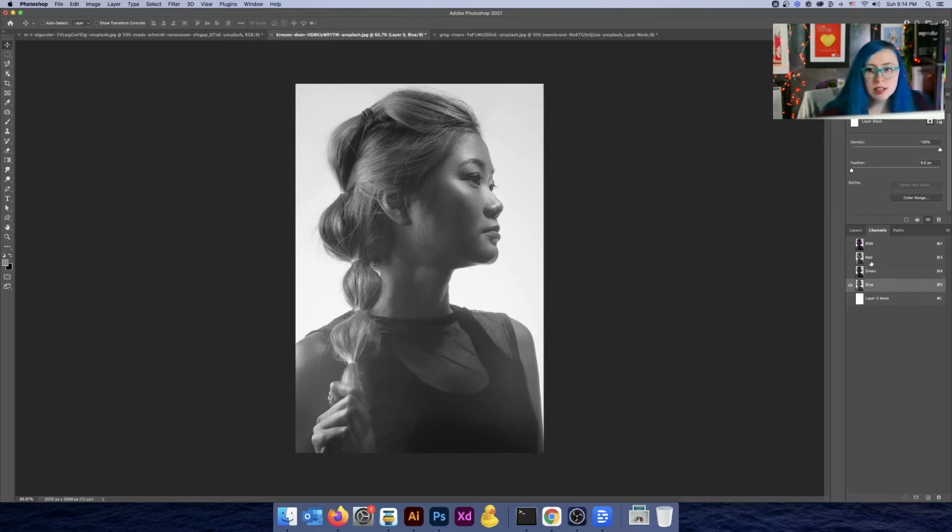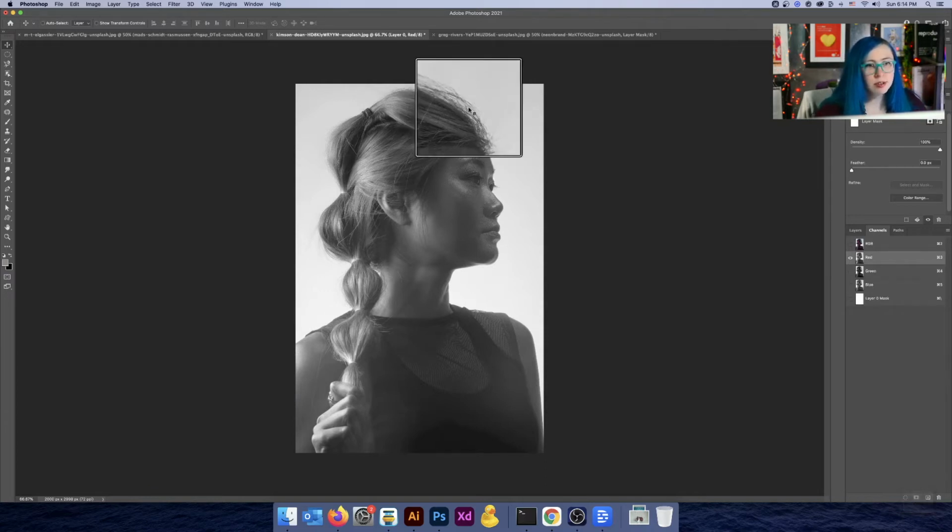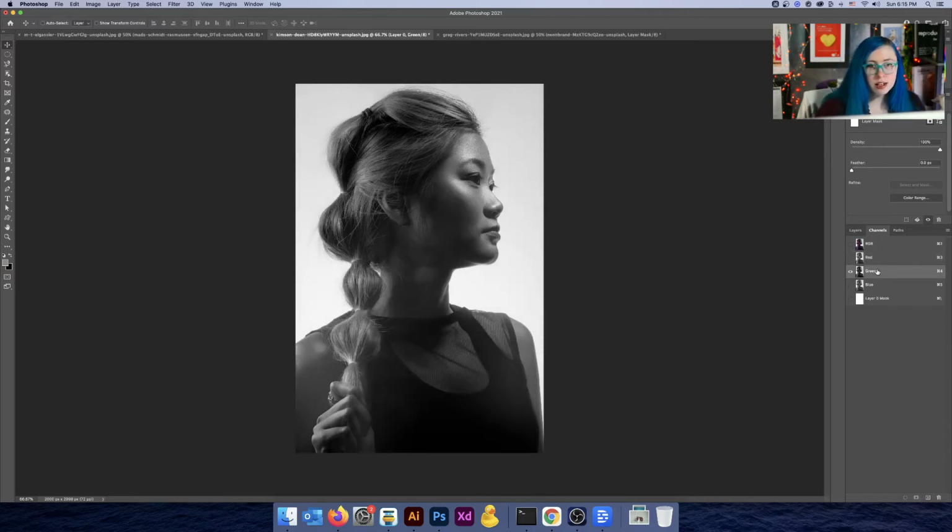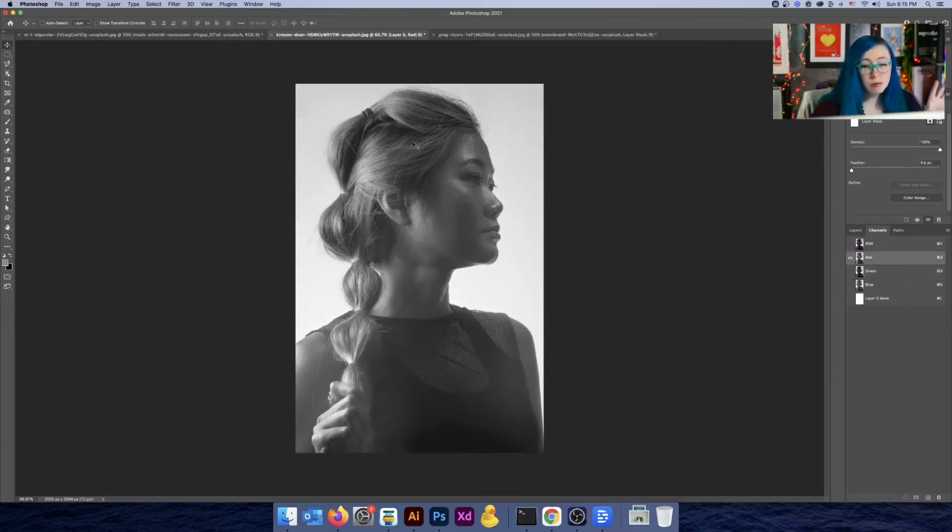When I take a look at this, I would say that's probably red. The red channel is what we want, because I can see there's a very clear distinction between the edges of her hair here and the edges of her body. Whereas with the green, although there's a lot more contrast, there's also a lot more contrast in her skin and her face. The end result we want is a silhouette of her. We want her to be all darkened out and the background to be all light.